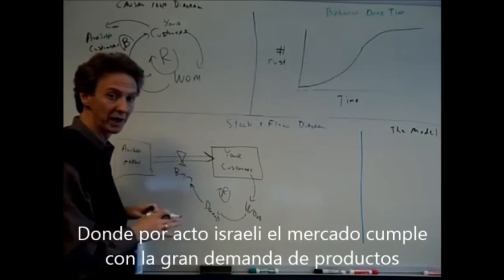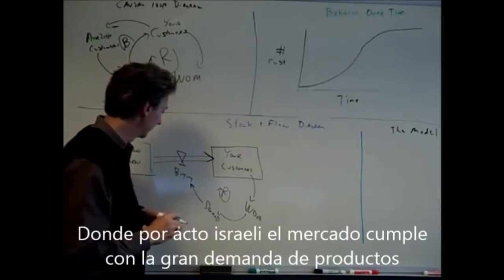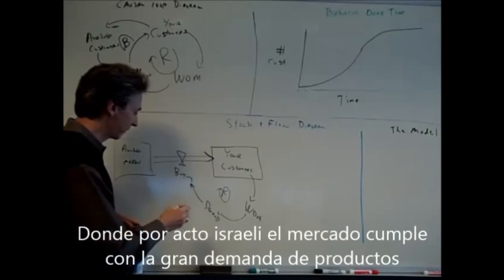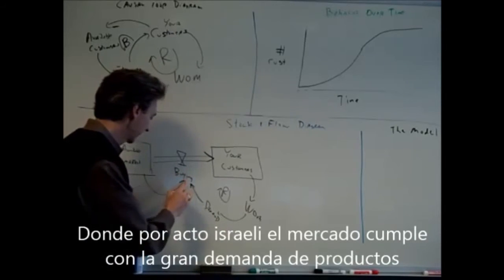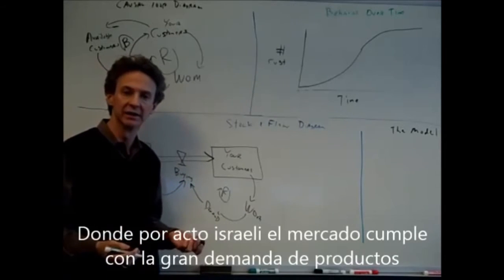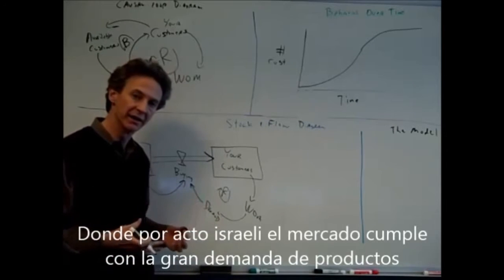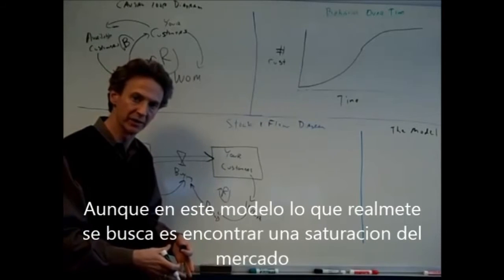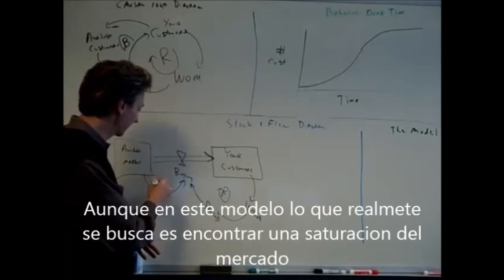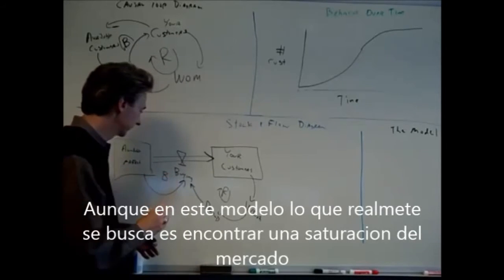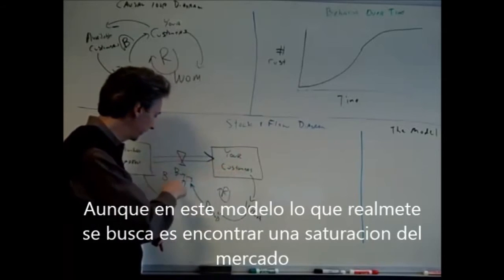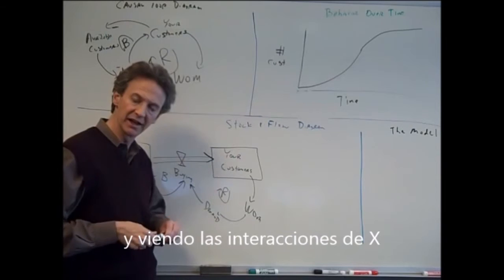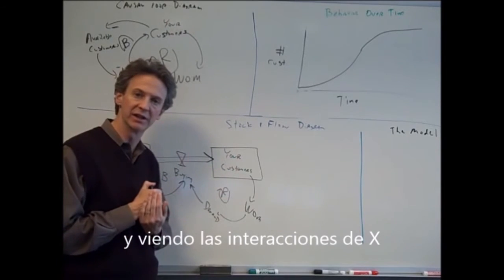So that's the way we're going to model this. And the buying is really impacted by the demand that's in the marketplace times the available market. So there might be high demand, but less and less customers available to you. So that's really the balancing loop here. So you've got word of mouth driving it up, you've got market saturation holding it back, and the two will interact with each other, as we'll see in the